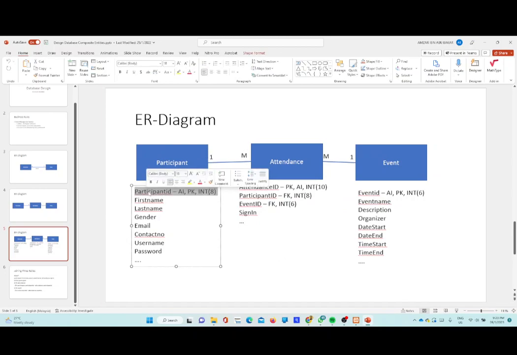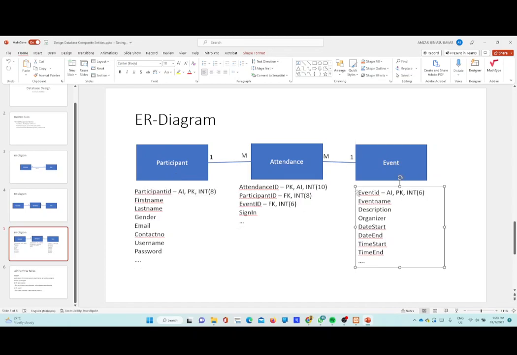So in this case we have a primary key here and a primary key here. When we build a relationship, automatically the primary key will become a foreign key in the composite entities. That is the way. Okay, and then we introduce the attendance's own primary key. We make an attendance ID, just a running number, so that we can display it. Okay. So far